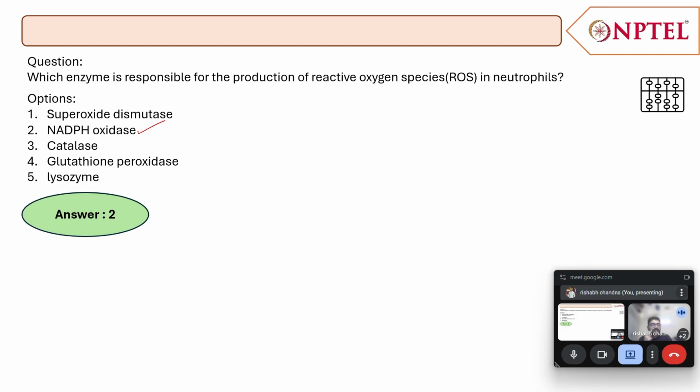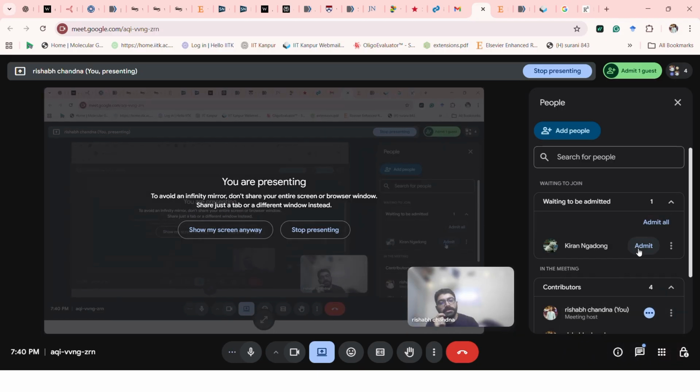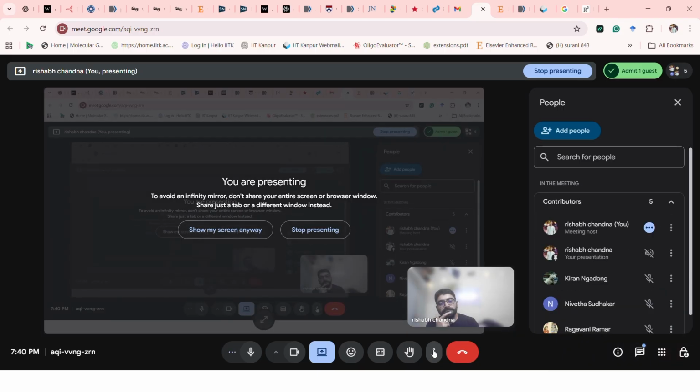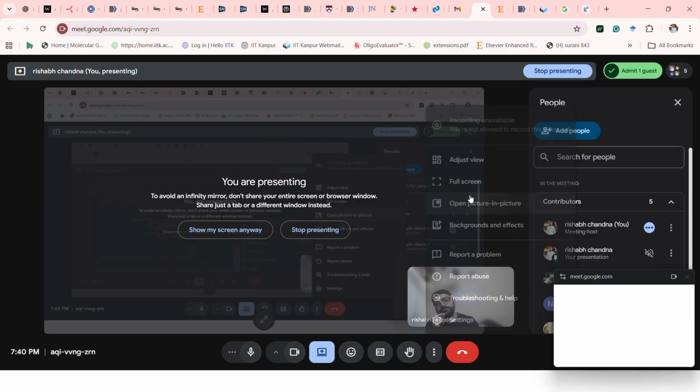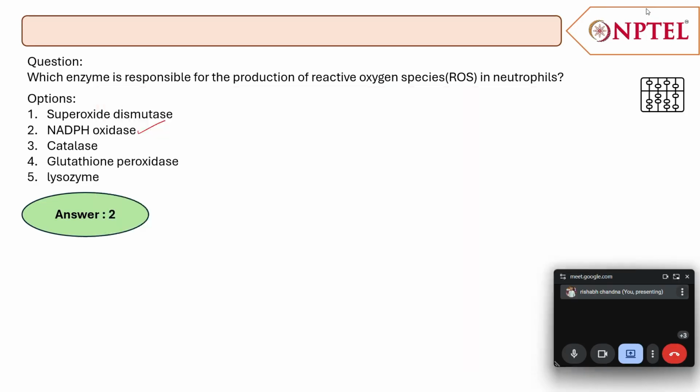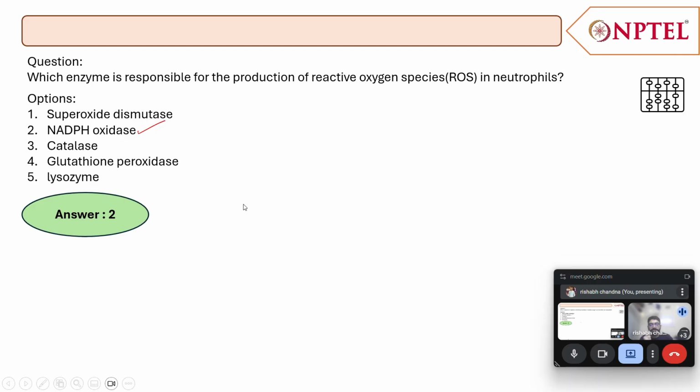And there is a test that can actually detect whether a particular cell has a defective NADPH oxidase, and that test is,